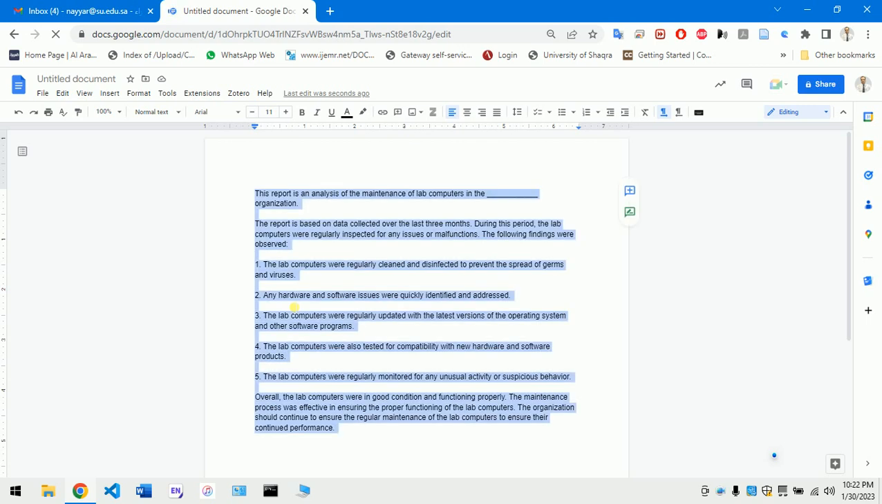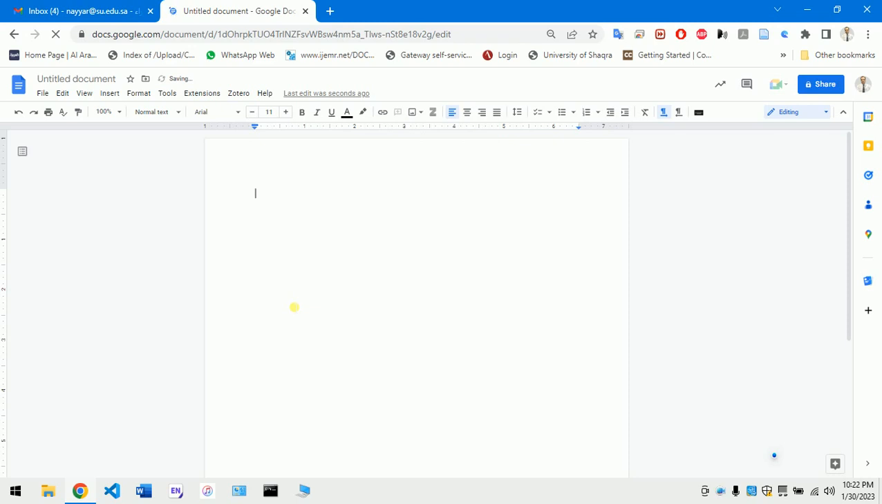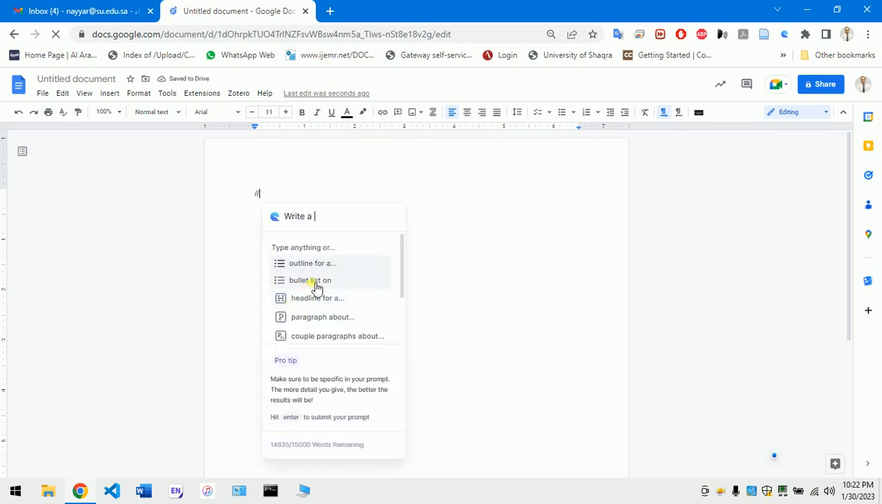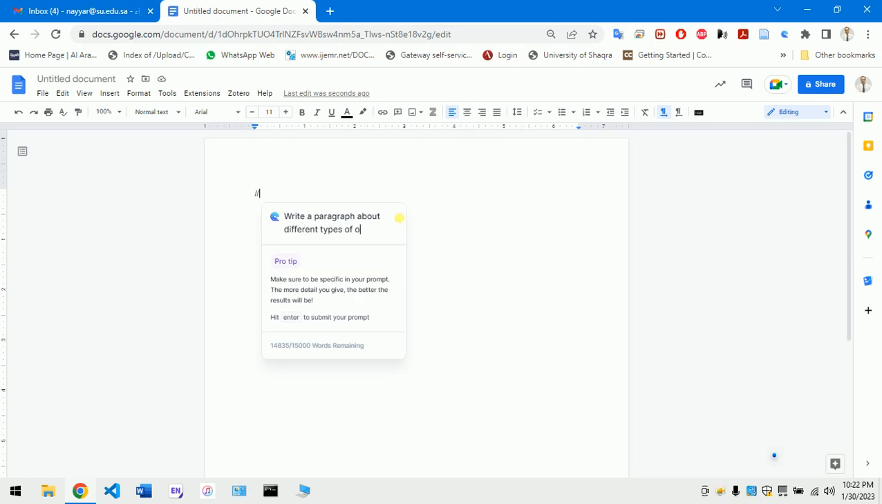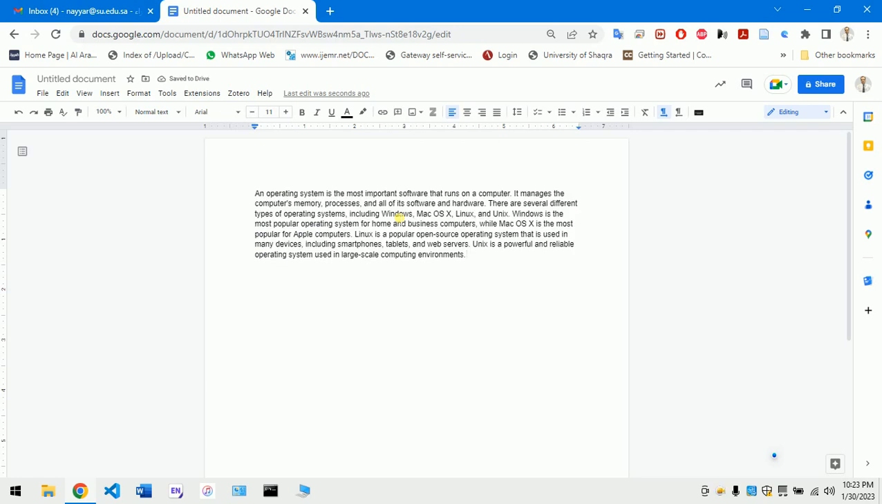You can also try to append a report. You can also try to do an outline or bullet list or create a paragraph about, for example, let me write down different types of operating systems. So as soon as I write this, compose.ai is going to give me a simple operating system paragraph. Now, if I want to do a bulleted list, for example, on types of operating systems,